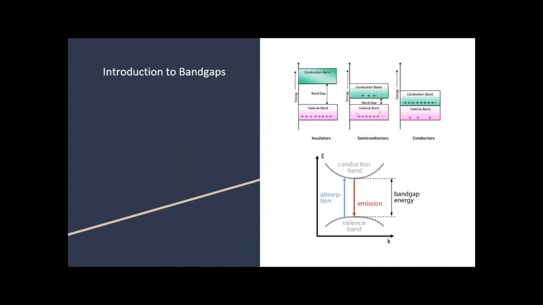And on the image on the top right, on the left, sorry if that's a little confusing, on the edge on the left, when there's a large band gap between the valence and conduction band, you have an insulator, where electrons generally stay in the valence band because they don't have enough energy to jump between the band gap, which isn't useful for creating electricity. And on the right, when a band gap is very small to the point where it's zero or less than zero, you have a metal where electrons can move freely in the conduction band, but it's also not useful for generating electricity. So when there's a small enough band gap between the valence and conduction band, you have a semiconductor